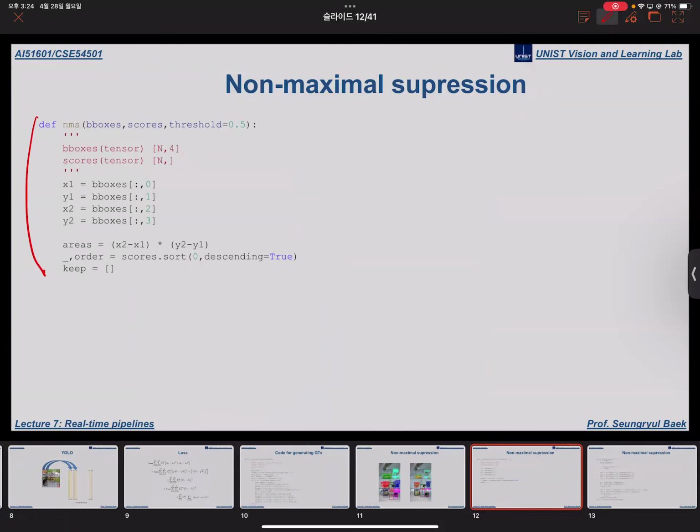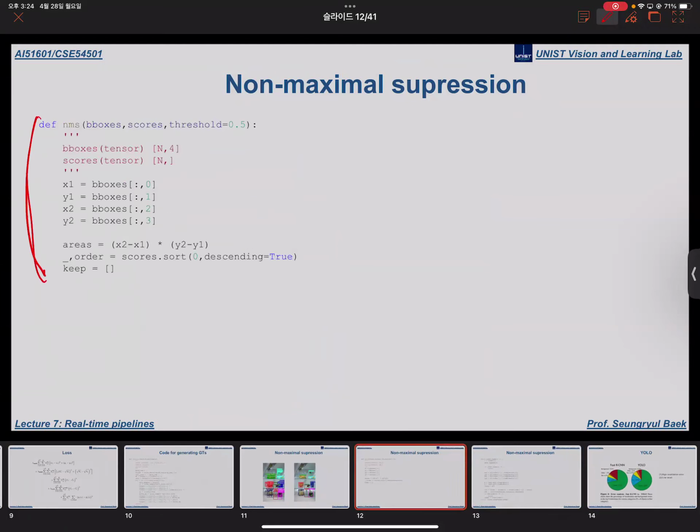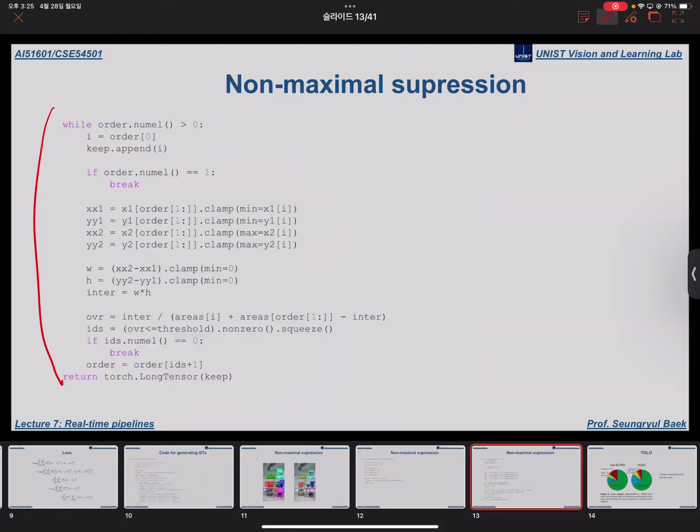And NMS, there are many ways to implement that, but this is one example of this non-maximal suppression algorithm. So you have to first sort your scores. This will be the confidence value for your bounding boxes. You first sort it, okay? And you iterate until there will be no bounding boxes remaining,